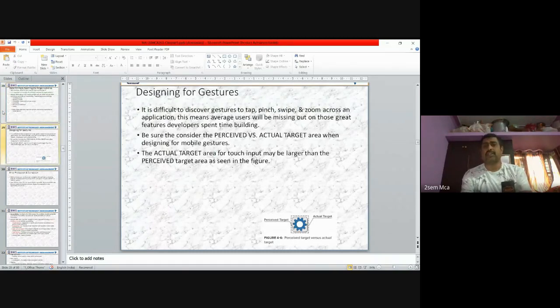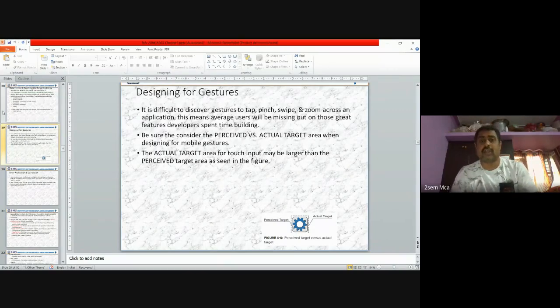This also we have discussed: how the perceived target and the actual target should be there, and what the need is for swipe, zoom, pinch and tap when you are using a tab in your mobile app development, and when swipe is needed and when zoom is needed to go with